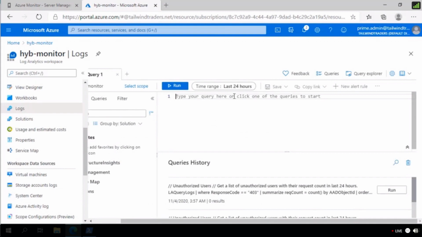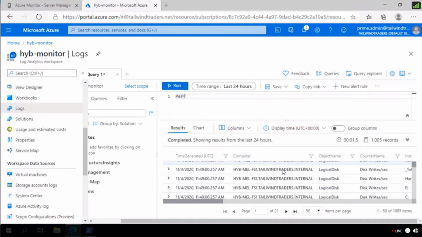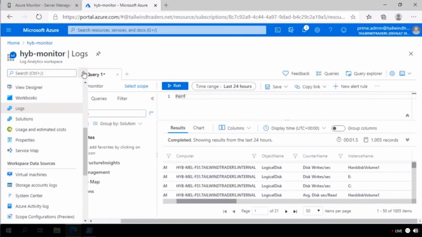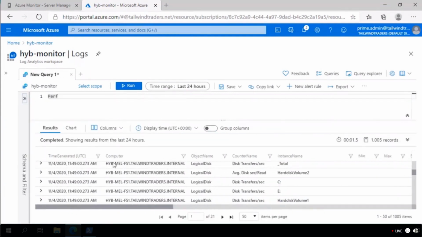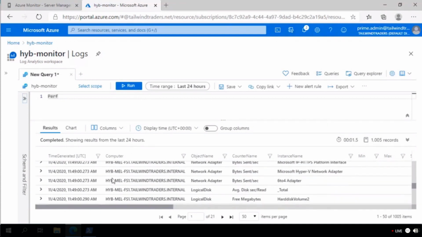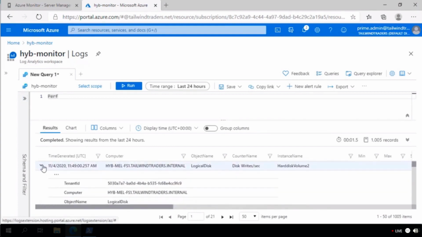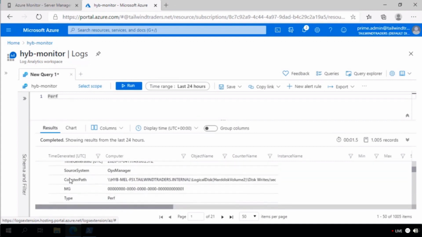So now let's switch to logs, and this is actually the log editor, if you will, where I can create queries with the Kusto Query Language. Some of you maybe remember it as Kusto. So with performance here, with this query, I get the performance information in my log analytics workspace. So you can see here, this is all the different performance logs sent to that specific workspace with all that information. If I drill in a little bit more, I get even more information about what this